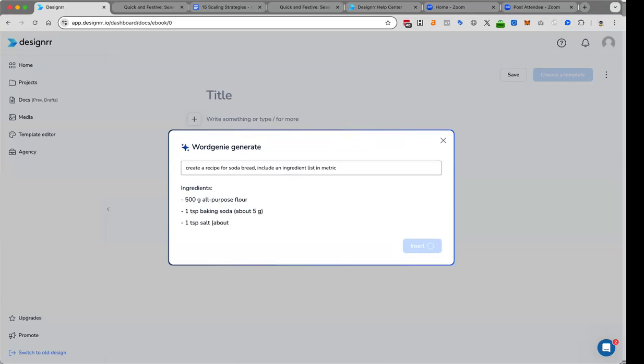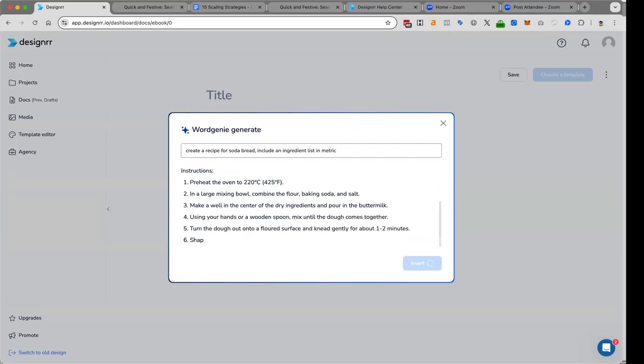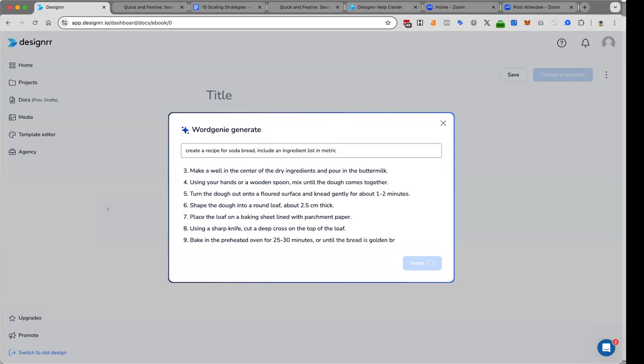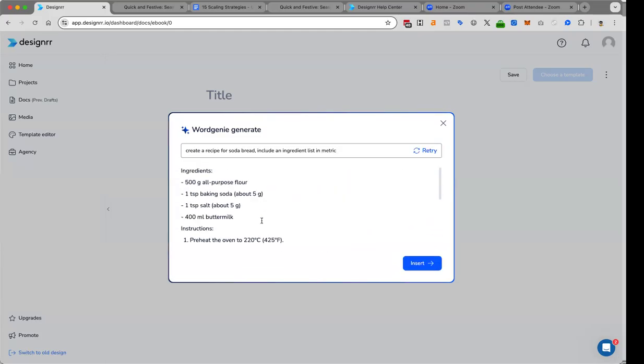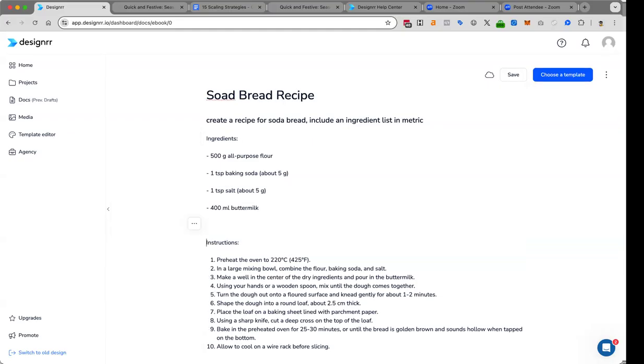Amy, you're putting me to the test here. Here we go. All right, so there you go. Okay, so soda bread. So you do it like this, and then